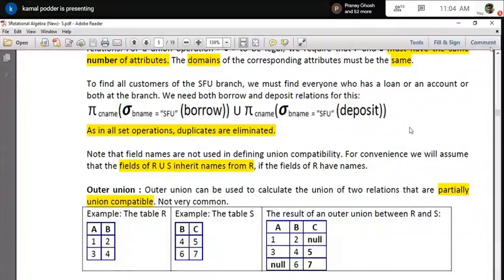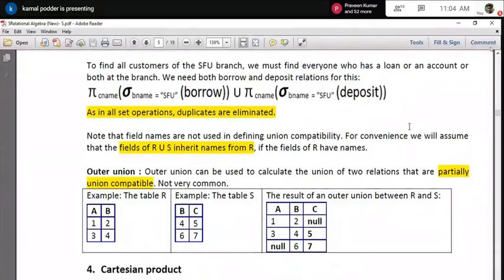But I know that when you do the relational operation, if there is a duplicate record in the result, it will automatically drop the duplicate. So in the result set, I will get all the customer names who have either a loan or a depositor account in that particular branch. In this way I can use the union.